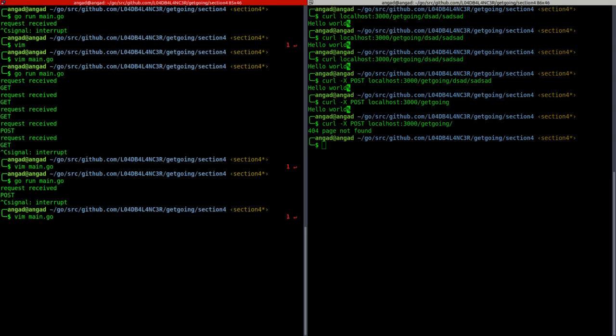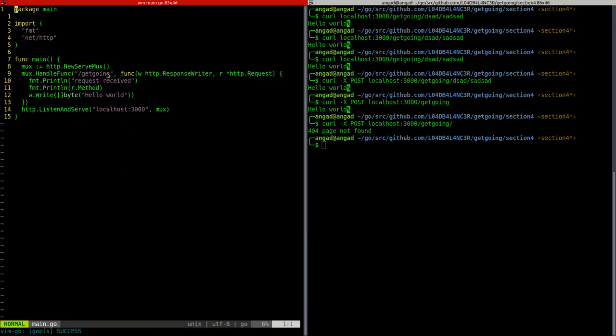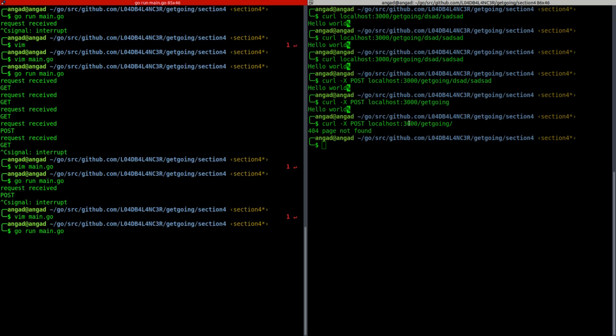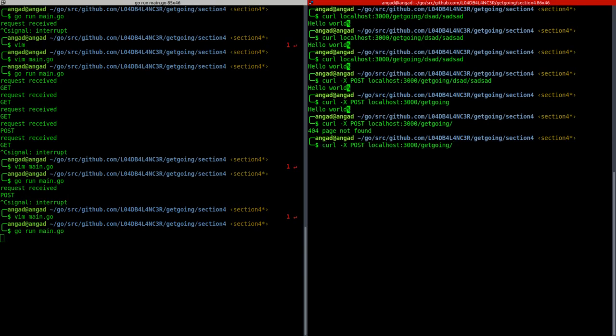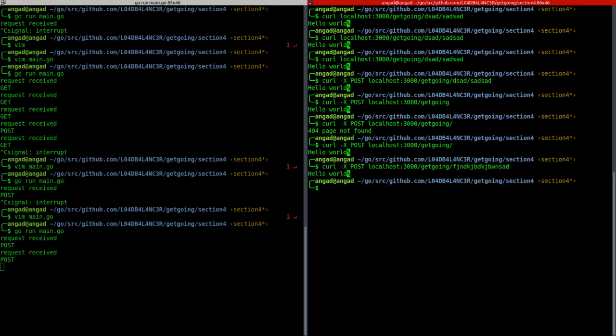Now one more cool thing about this is that if you add a slash and then you do a go run, then it's gonna match the closest thing before the slash. So it's gonna match /get-going/, it's gonna match anything that I type after that, and it's gonna multiplex it or route it back to /get-going/, because note that we didn't define anything after /get-going/. So if we were to do so,